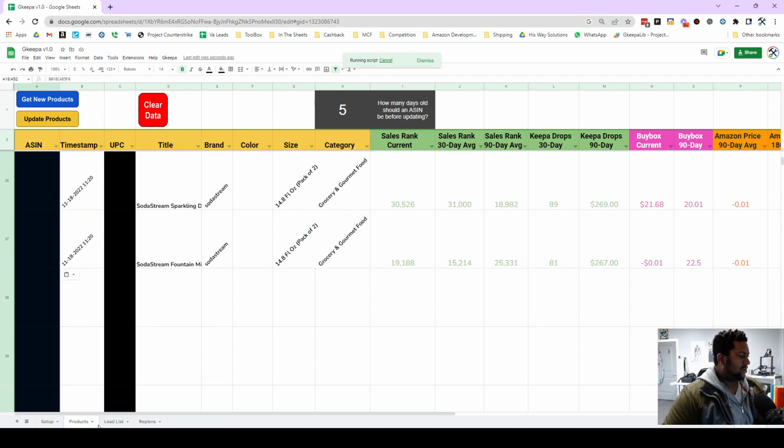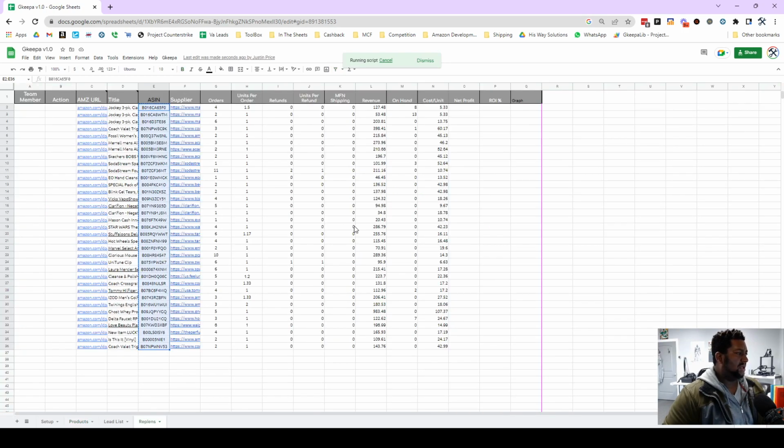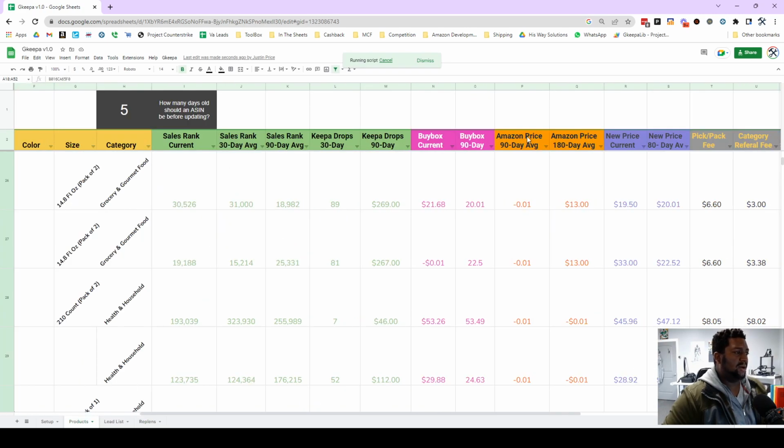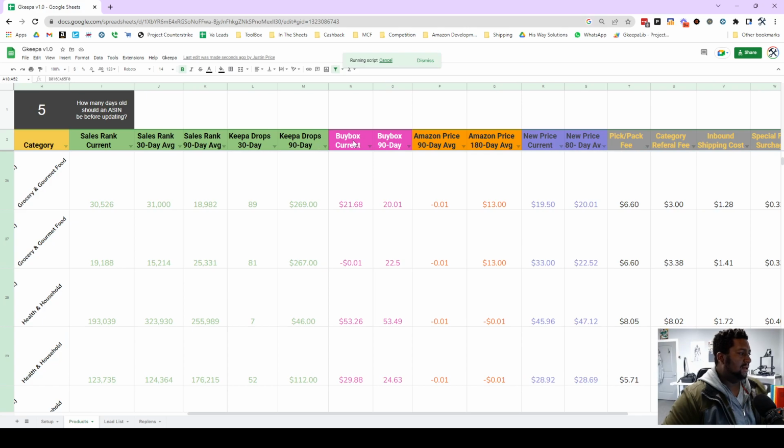But what we're going to do is come back over here and, based off of our original buy cost, come up with some metrics that we can use. One of the things I'm going to pull in is the current buy box, and I want the 90-day buy box. I also want to know if Amazon's going to be on the listing as well. Actually, no. I'll show you guys a function that will make that easier to determine. So